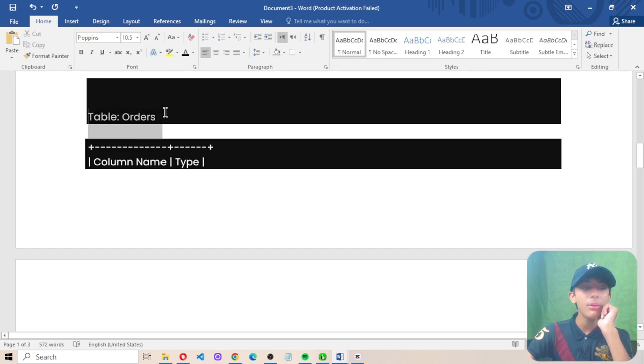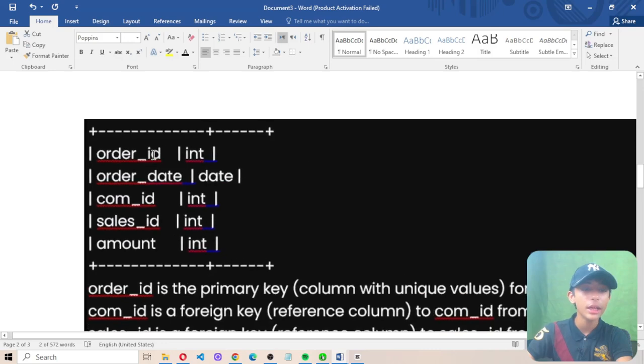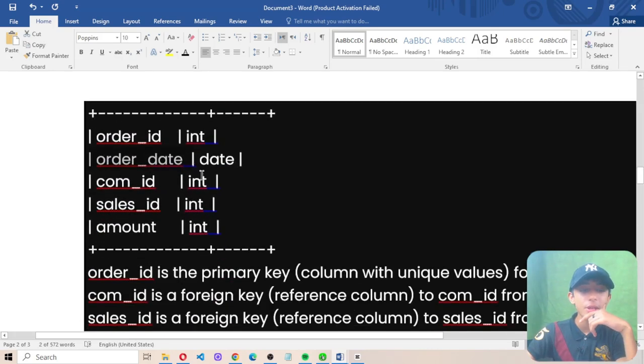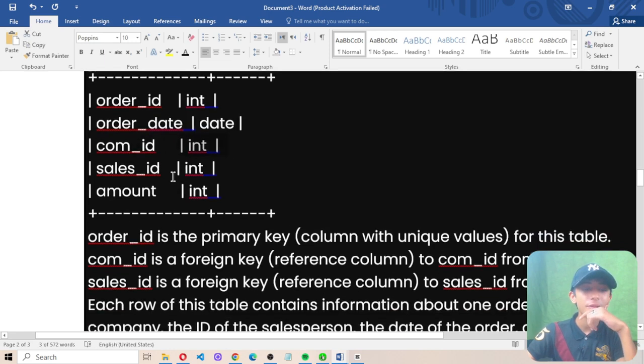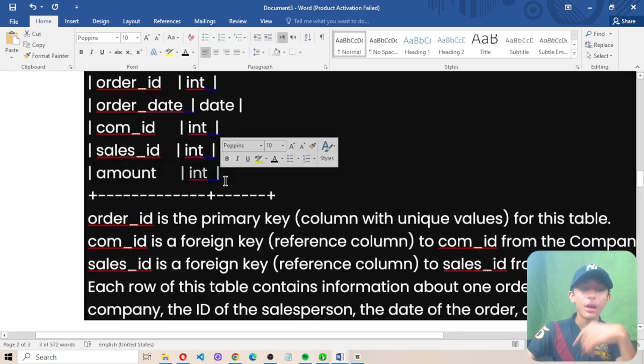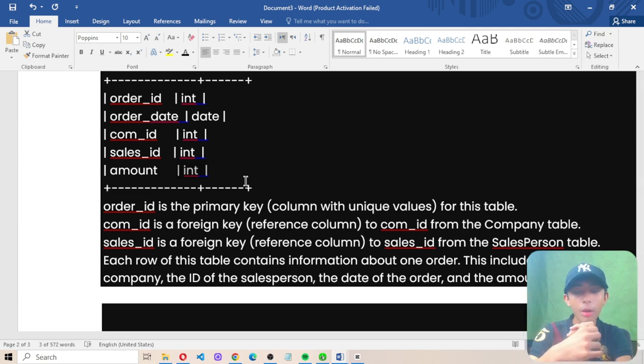So now the third table is about orders. There is one column named order ID, which type is int. There is an order date, which type is date. There is a com ID, which type is int. There is a sales ID, which type is int. There is an amount, which type is int. Order ID is the primary key column with unique values for this table, and com ID is a foreign key reference to com ID from the company table.